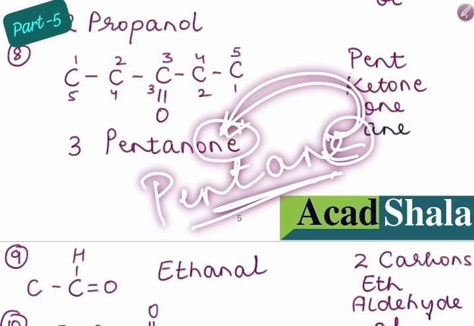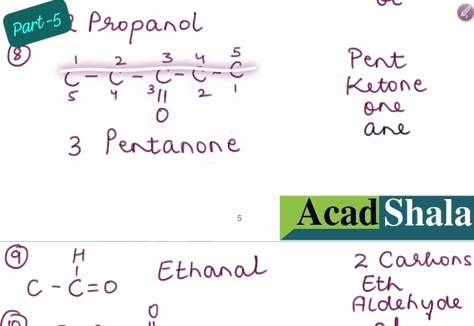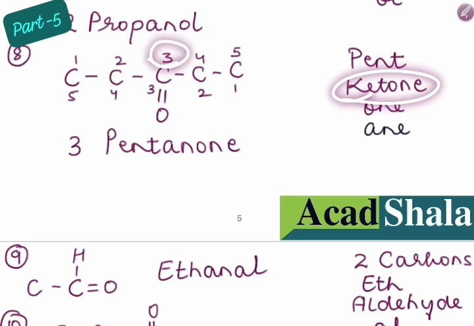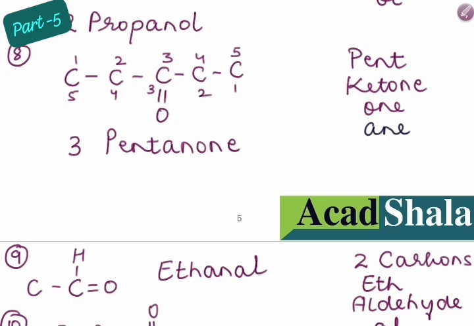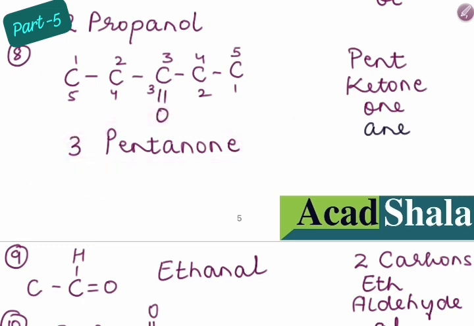Then my next step was to find which carbon this ketone is attached to. That is why I have done the numbering. After doing the numbering, I see that whether I number from here till here, or from here till here, the carbon where the ketone group is attached always gets number 3, either from this side or from this side, right, children? So I have written 3-pentanone. So the final nomenclature is 3-pentanone. So this is the naming.